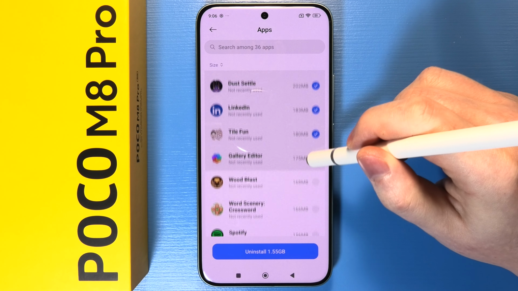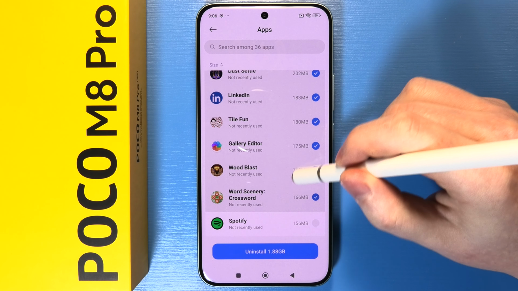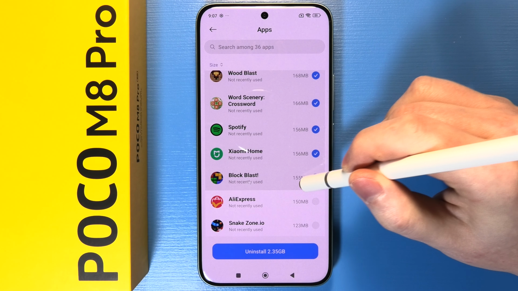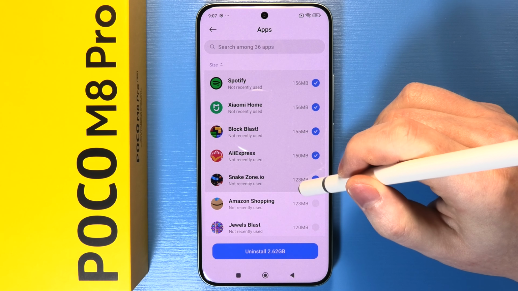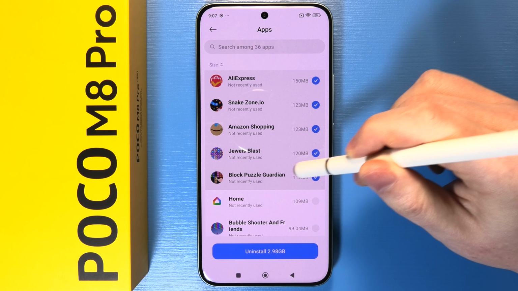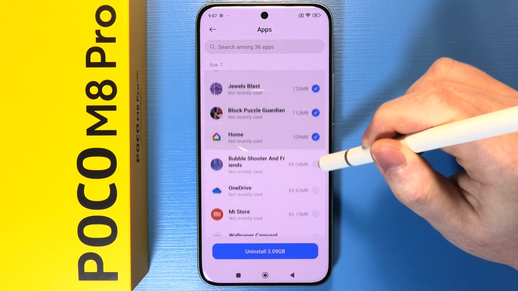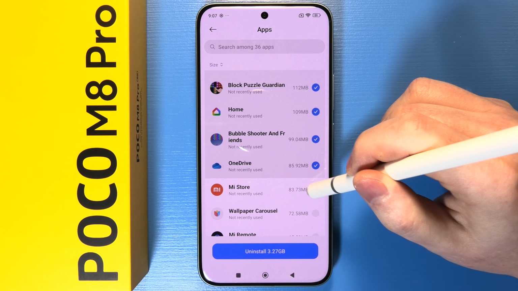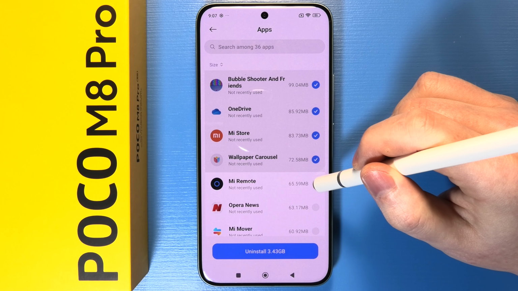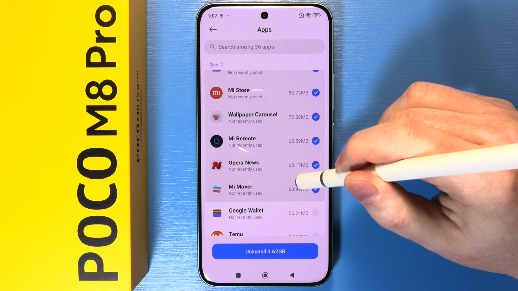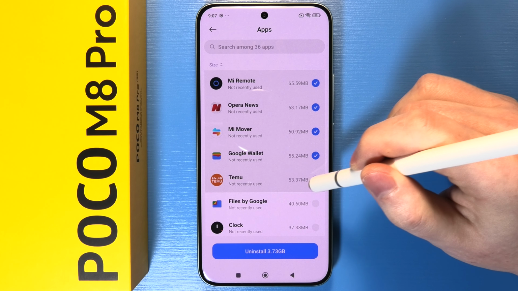Tilefan, Gallery Editor, Woodblast, Word Scenery Crossword, Spotify, Xiaomi Home, Blockblast, AliExpress, SnakeZone.io, Amazon Shopping, Jules Blast, Block Puzzle Guardian, Home, Bubble Shooter and Friends, OneDrive, MI Store, Wallpaper Carousel, MI Remote, Opera News, MI Mover, Google Wallet, Temu, Files